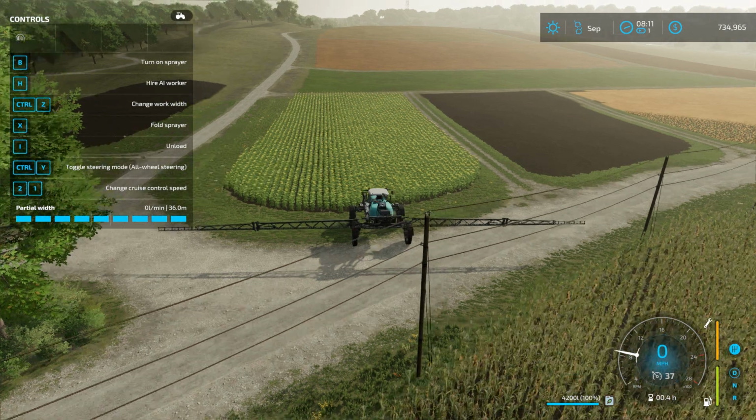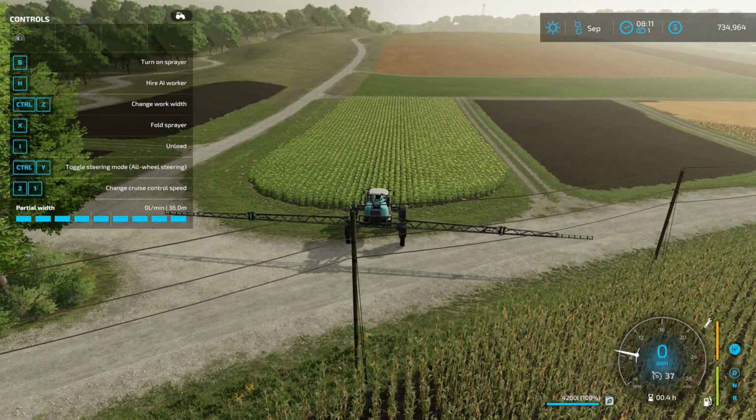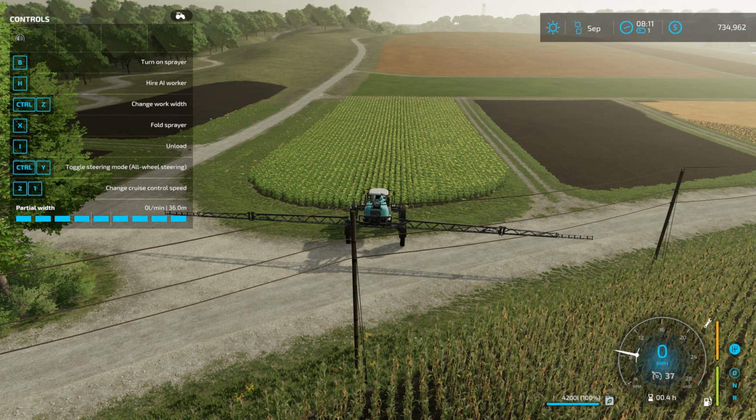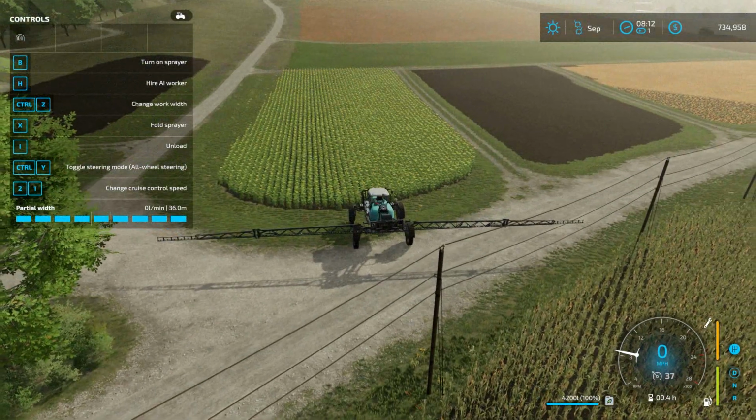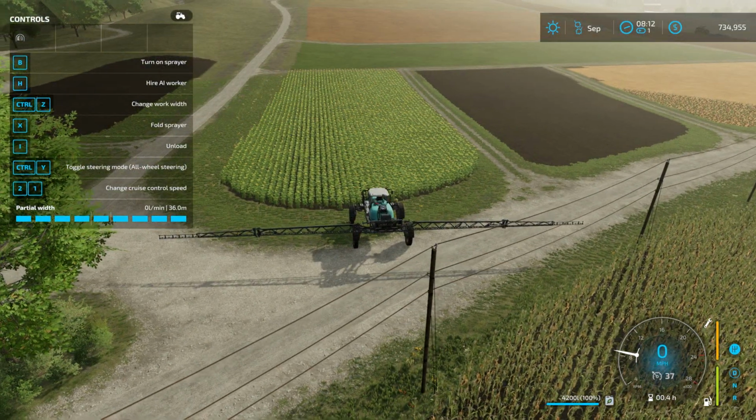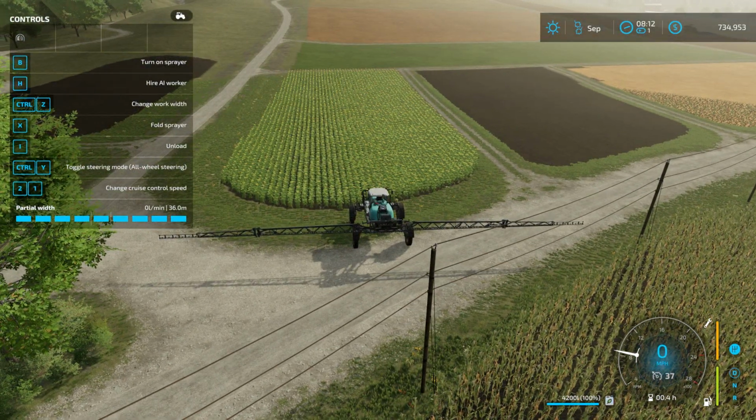And we are finally in a brand new game day, or in a brand new game month as well, in September. And we've got some things that we need to do here on the farm, and we'll just start spraying this field fertilizer in this field of sunflowers. Now, I wanted to thank our viewers